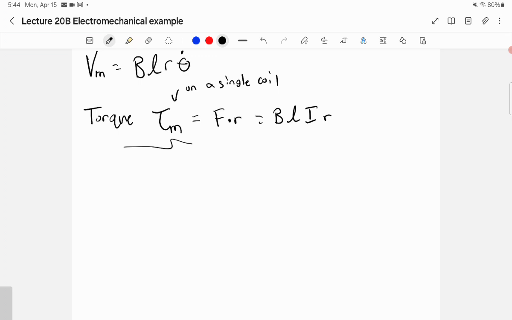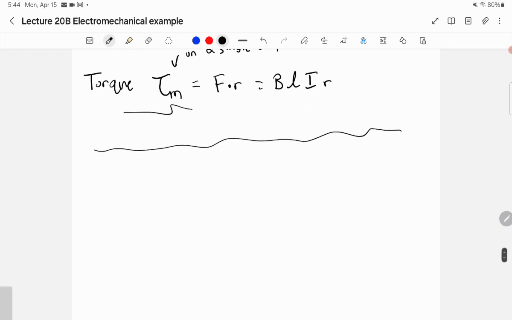If you go back to your physics books, you need a cross product with R, and R is a vector. But for this course, we're not going to be dealing with vector parts. We'll just deal with the scalars, so we'll make sure that the problems are for scalars. So what this means is, if we sum the torques,